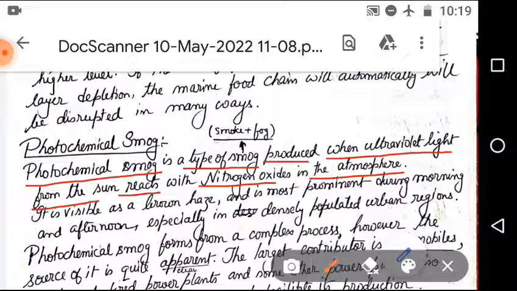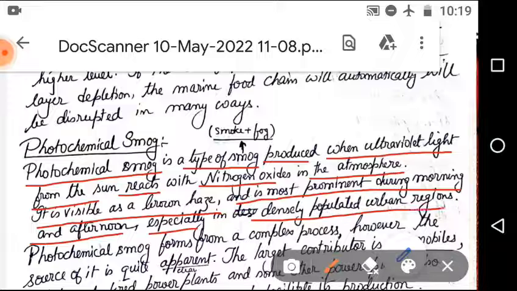When this nitrous oxide reacts with the sun's ultraviolet rays, because the ultraviolet rays have entered the earth's surface, it reacts with the nitrous oxides and also with the water vapor that makes the fog. Actually, together they form smog. Normally, smog is visible as a brown haze, and it is most prominent during morning and afternoon, especially in densely